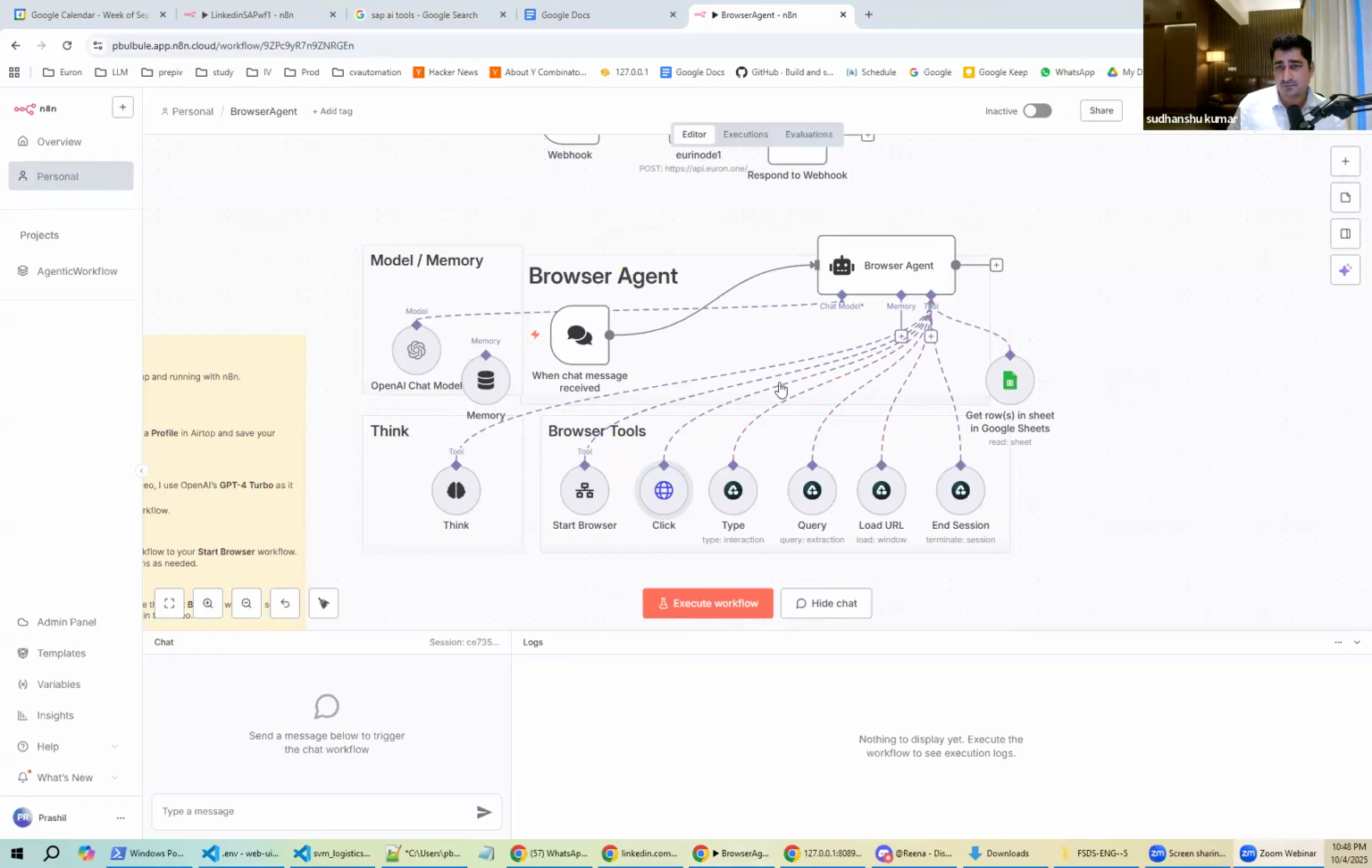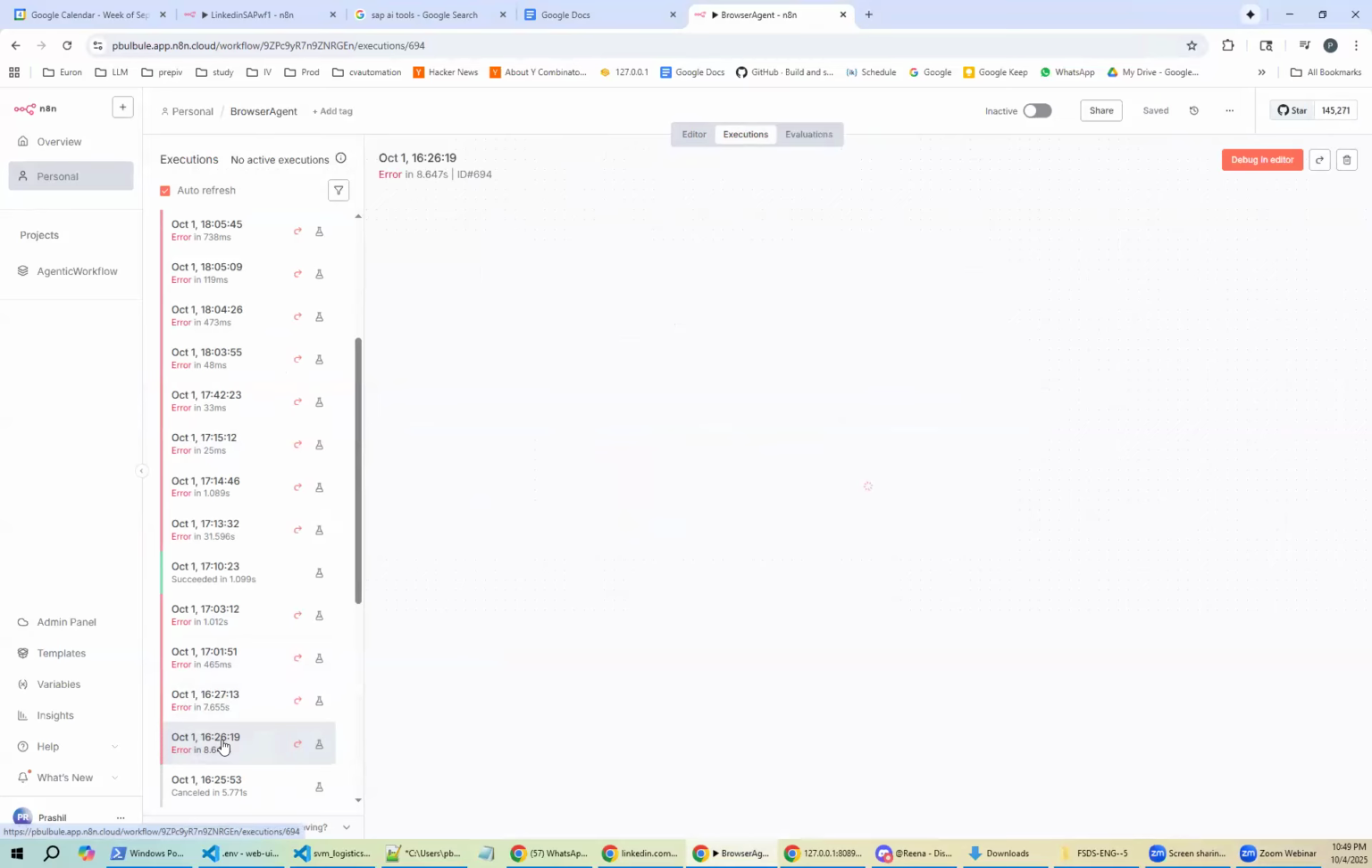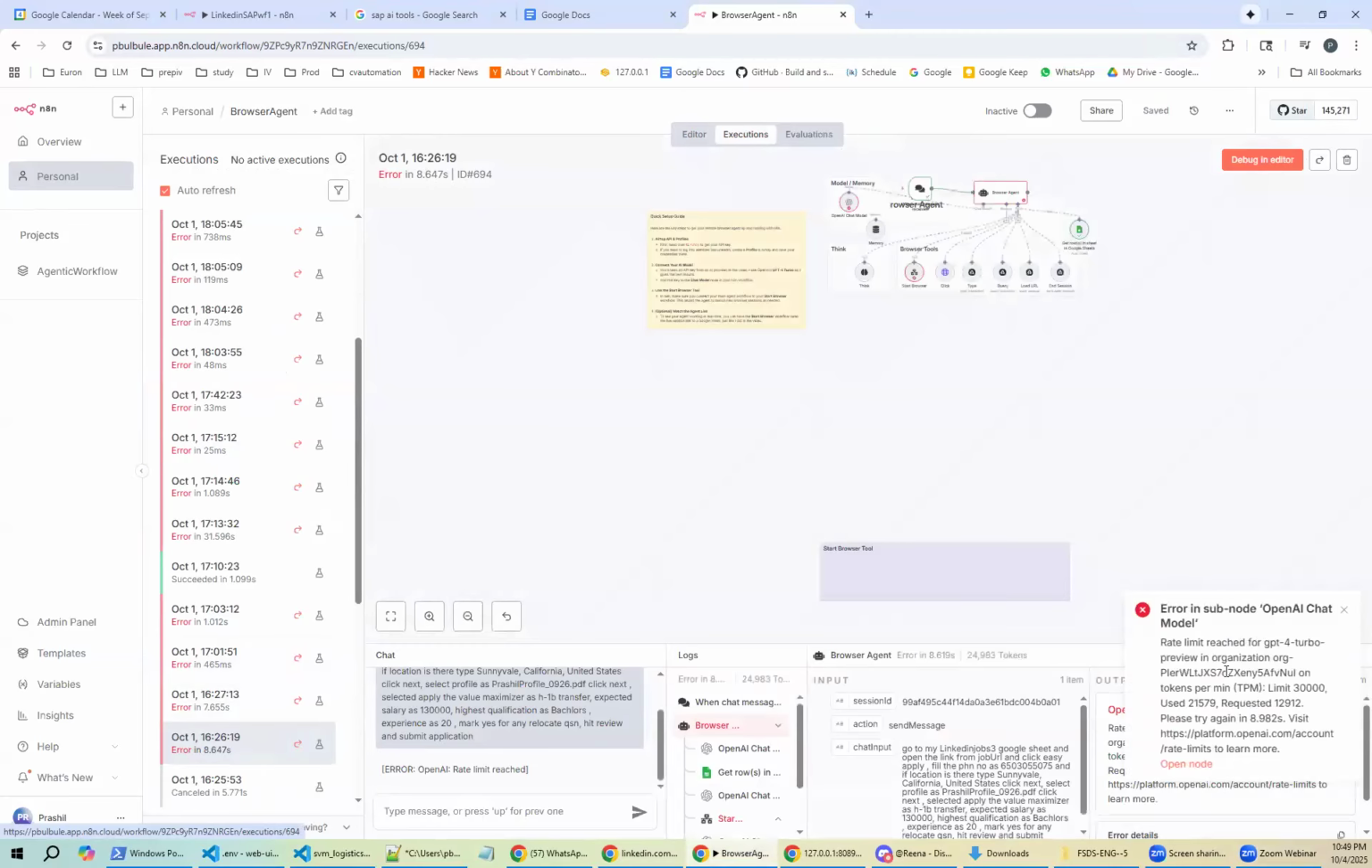Sir, here what is happening is it is reaching the maximum token limit for a minute and I'm using this OpenAI chat model. I am using Turbo and it is reaching a maximum token limit. Show me that. I'll show you that. I guess this is the one. You see, rate limit reached for GPT-4 Turbo preview in organization per minute,